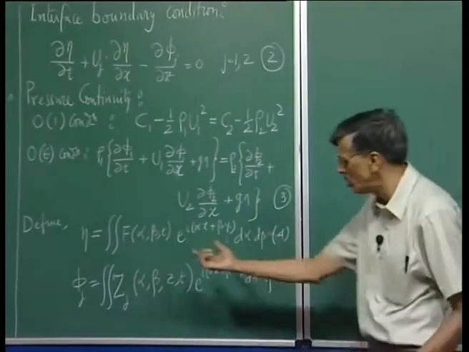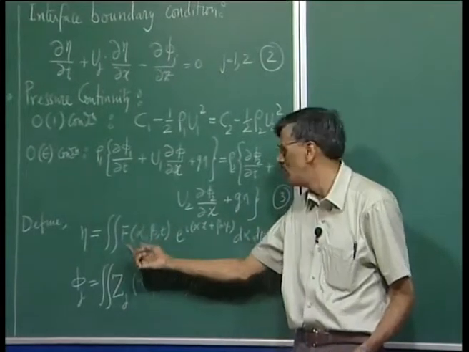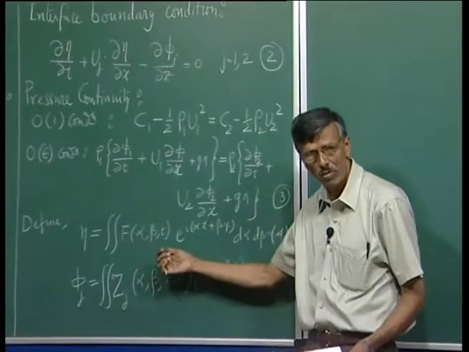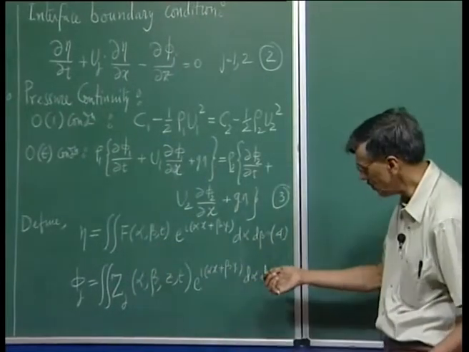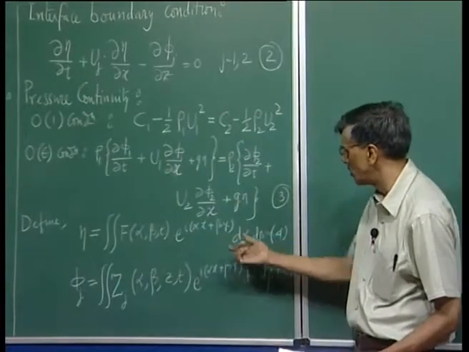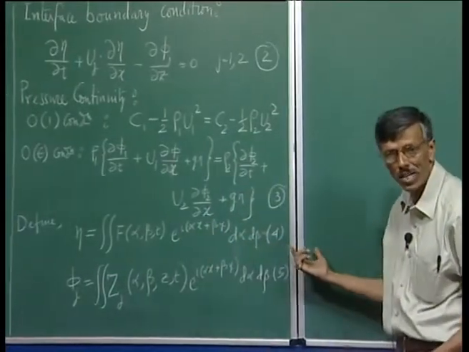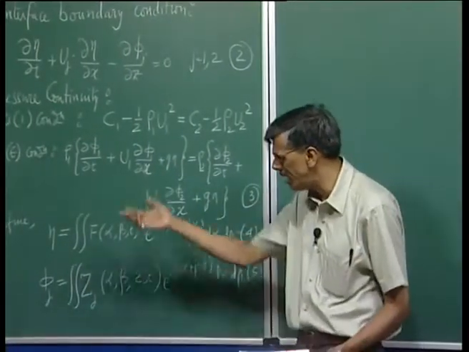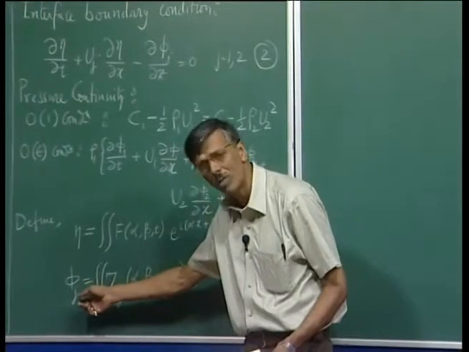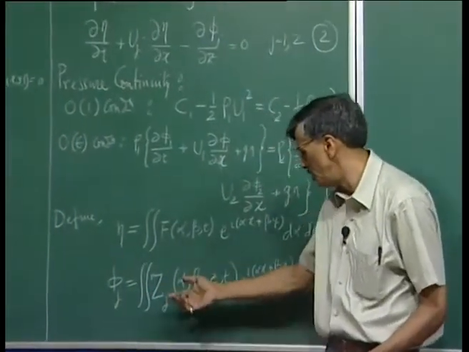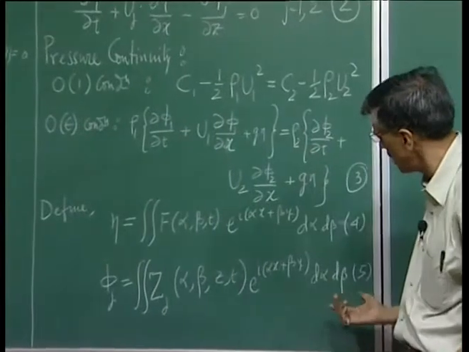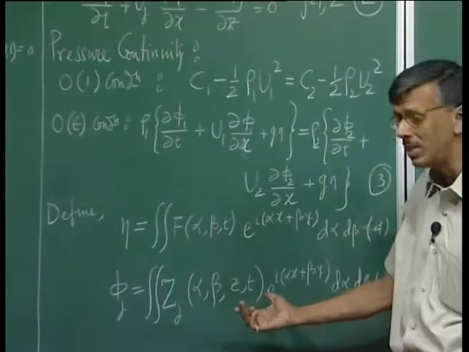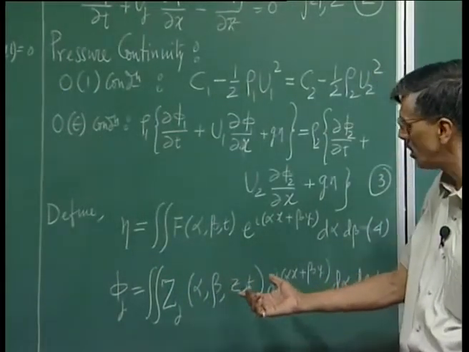It will have an amplitude which I am calling capital F, which will be a function of these two wave number components alpha and beta. It is also a function of time. And then of course, this is the phase part, and this is what we have to integrate over all possible values of alpha and beta. The same way we can consider the corresponding velocity potential on each phase to be given by a Fourier transform. Please do understand that this disturbance quantity is going to be a function of